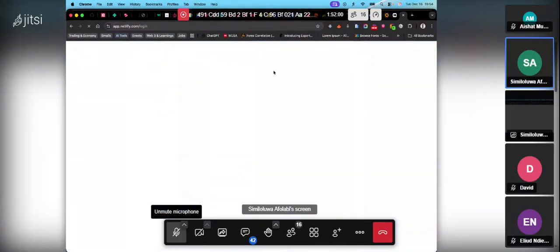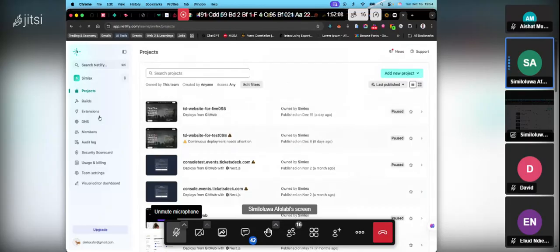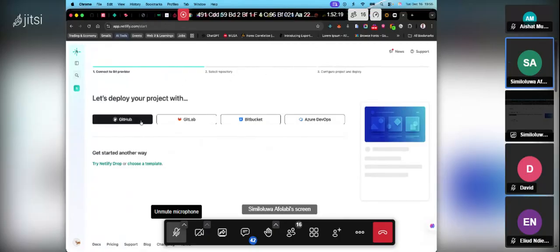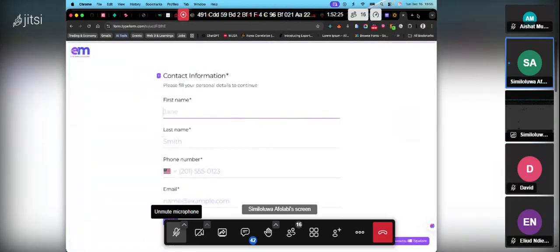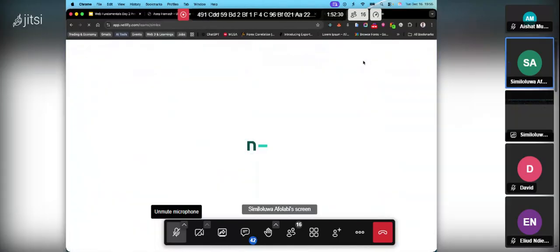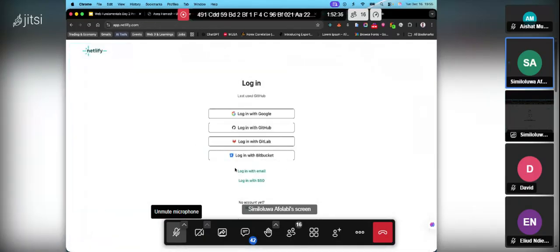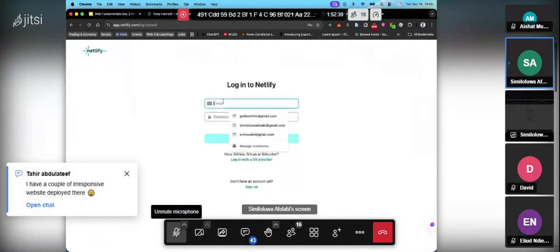So login. You can now log in with your GitHub. If you should log in, you can just log in with your GitHub. If not, just press login with GitHub. I'm going to be importing an existing project with GitHub. Okay, one sec. Let me use a different account. Let me click login from here. Oh, it's still logging me in here. Let me sign out. So I'm going to log in with